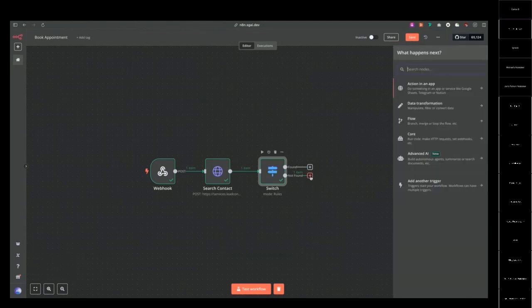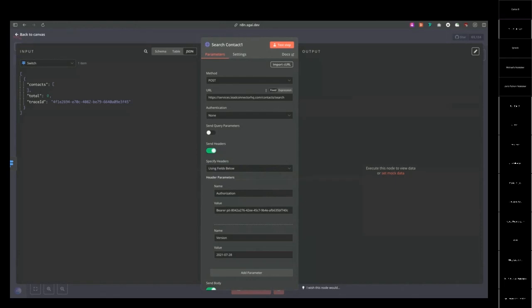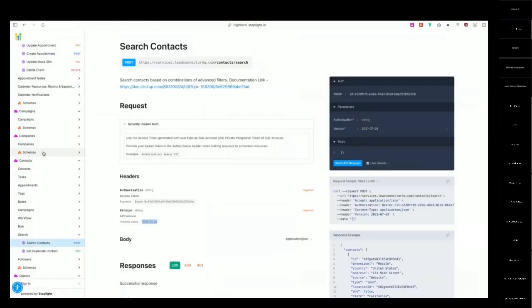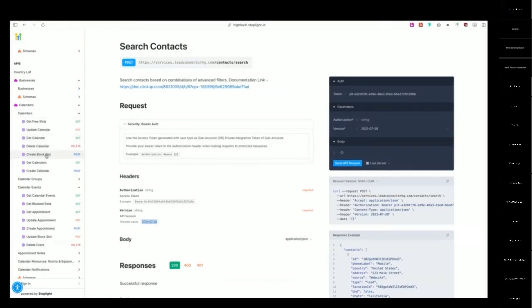We're going to click this little plus, right? It was not found. So now we need to create a new one, and we're going to be making another request to GHL. So I'm actually just going to duplicate this. You can click the 3 little dots and duplicate this, so I don't have to type in like my API key over and over again. I can just duplicate it. I'll connect these, and I'm going to change the URL, because what we want to do is create a new contact. So if I go to the contacts endpoint here,